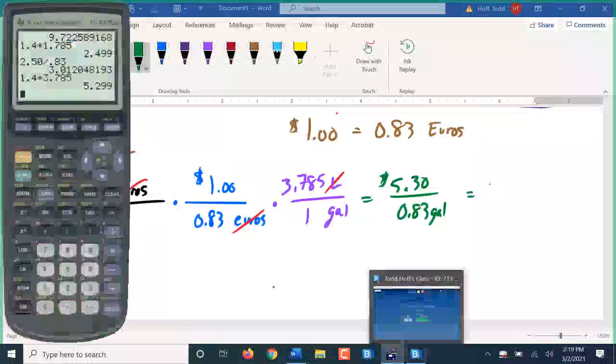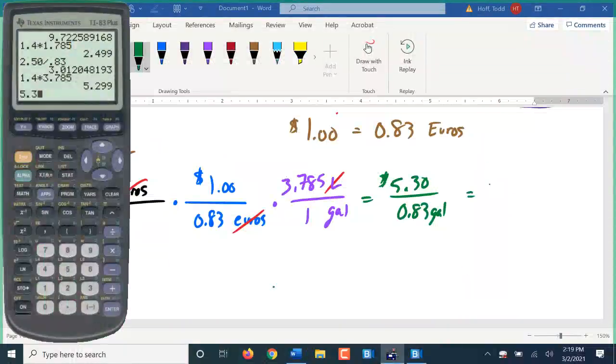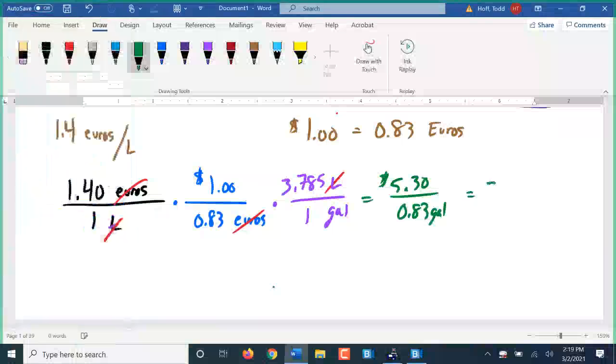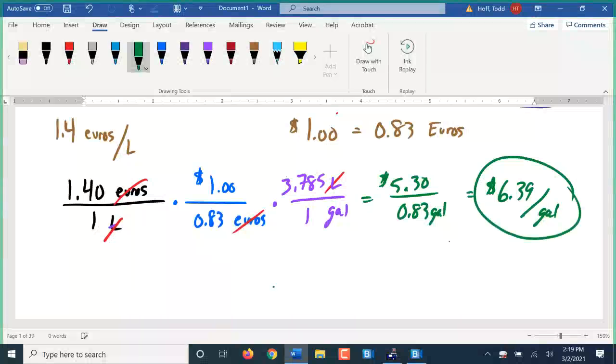And we'll divide that by 0.83, which is $6.39. That is way closer to what I was expecting to see. Sorry about that mix-up. It's almost 4 liters in a gallon, and I had just 1.785. Little hamster stumbling on the wheel today, apparently. So anyway,